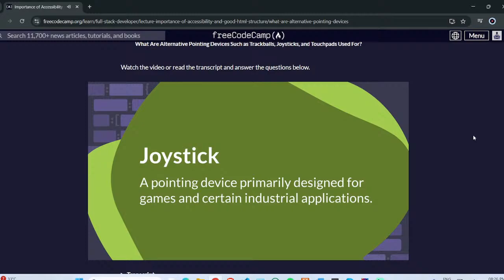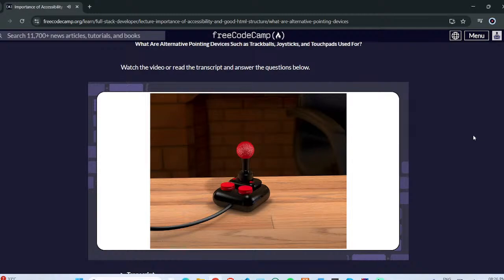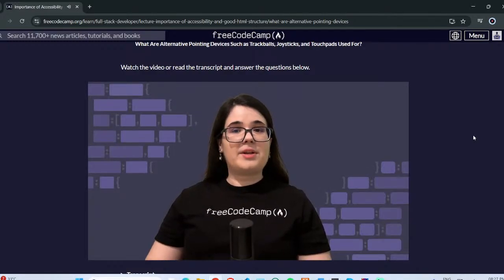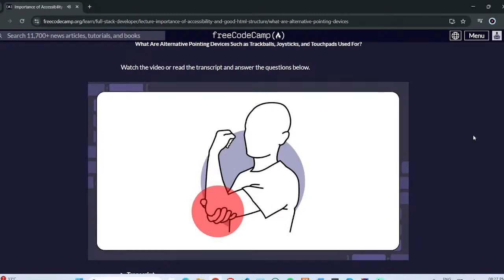It consists of a lever that pivots up, down, left, and right, and often includes additional buttons for various actions. Joysticks provide precise control over movement and actions within digital environments. This makes them popular for flight simulators, cranes, driving games, and other applications requiring precise directional input. Because joysticks accommodate larger and more deliberate movements, they are beneficial for individuals with tremors and unsteady hands. They also reduce the strain and pain that comes with repetitive movements, making them ideal for individuals with arthritis and